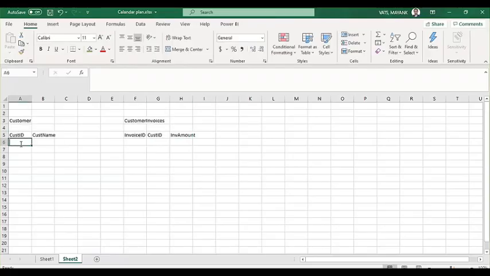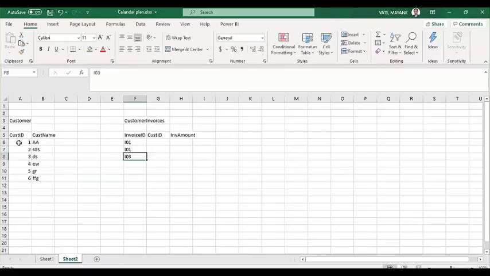Here what you have is something like this. Customer ID is the primary key, so that should have unique values, and the customer name is, let's say, these are the customer names you have here. Fine. Now you have the invoice IDs here, like let's say I01, I02.